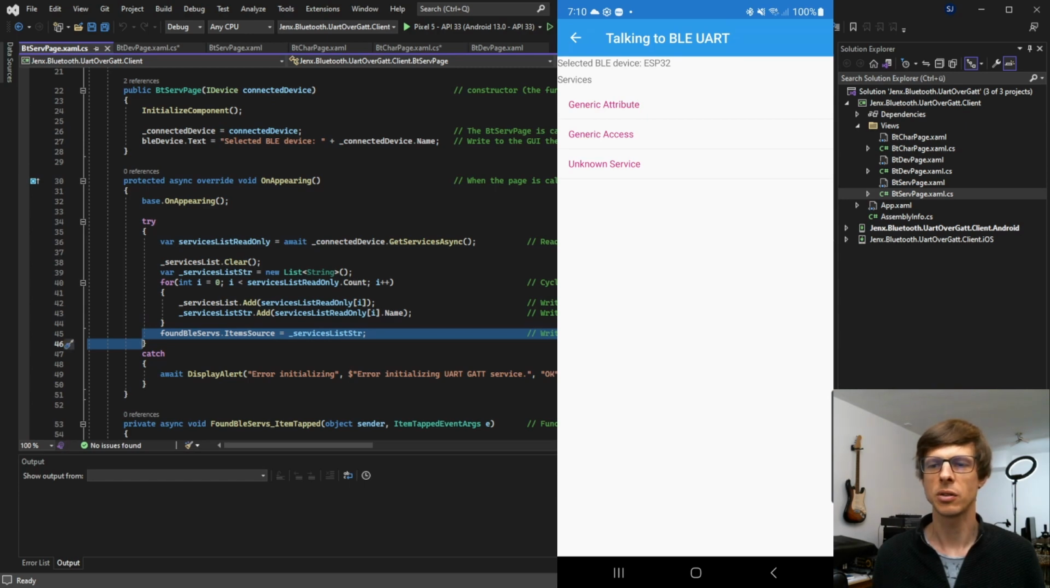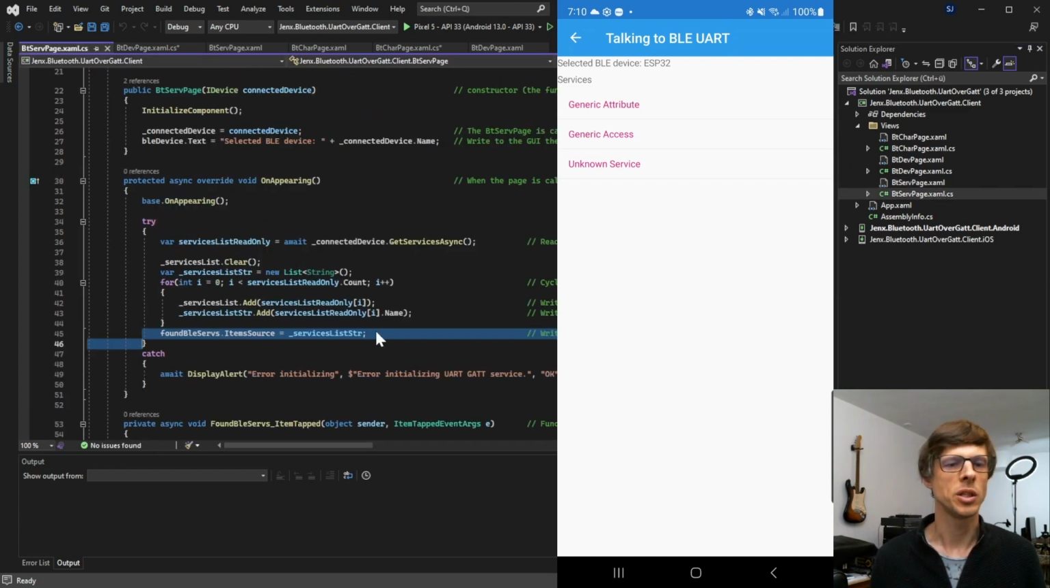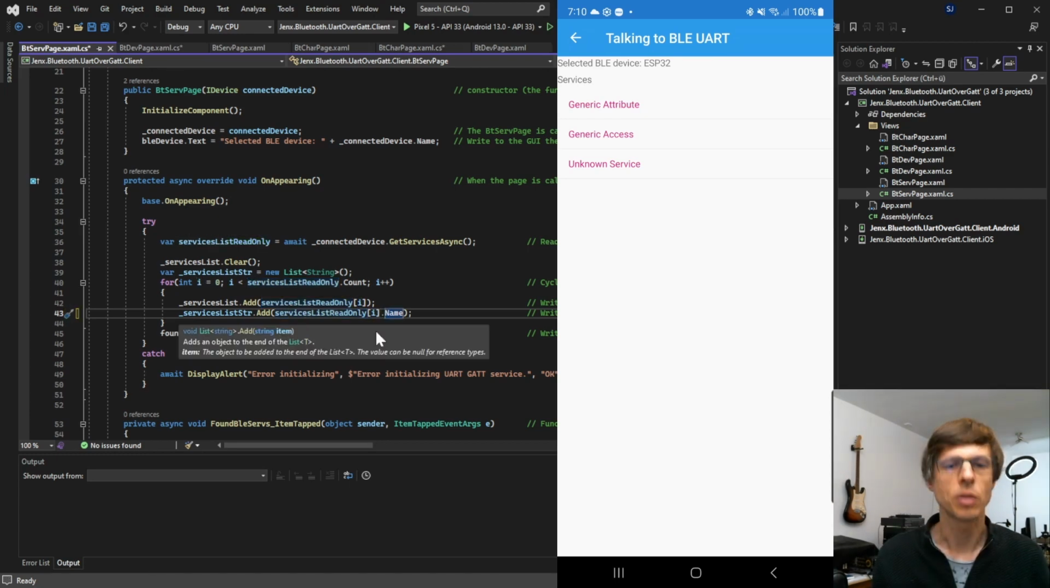So if we look in our XAML page, we see that we have a list view that's called found BLE services. And exactly that list view is populated over here with the services list string. So we write the strings to the screen. You could as well, for instance, add the UUIDs of the particular services. You would do that over here in this for loop, where you could, for instance, say plus